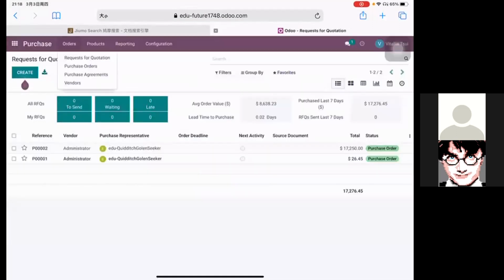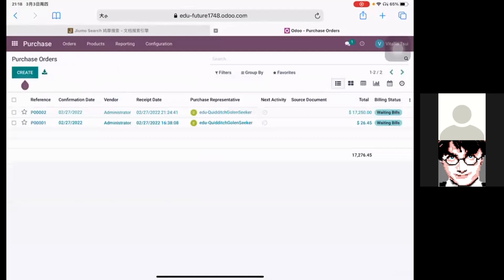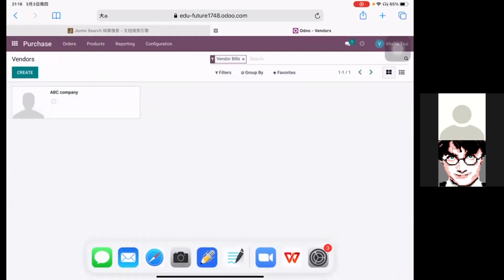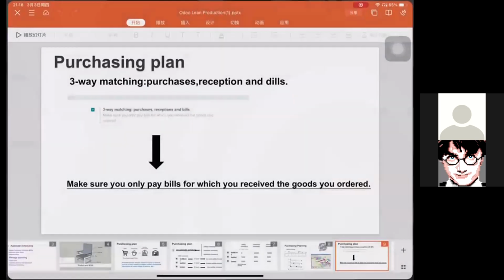First of all, we can see the request for quotation. We can see that there are 2 quotations and their statuses are all purchase order. And after that, we can see the purchase orders. We have 2 purchase orders and both of them are in the waiting billing status. And we also have 1 vendor, whose name is ABC company. And after the basic information, we can see that